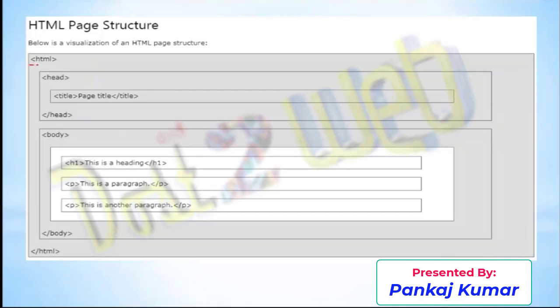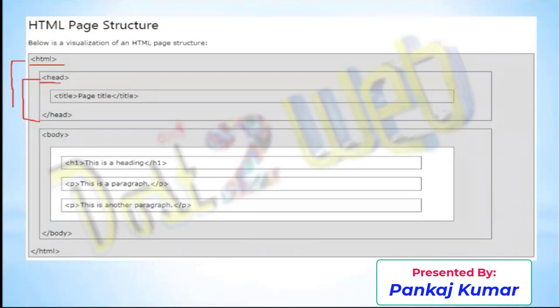Here you have HTML, like how you define the header file. You have to write the HTML. Then you write the head tag, that is the heading tag. Whatever you define on the top within the head section will not display on the browser.